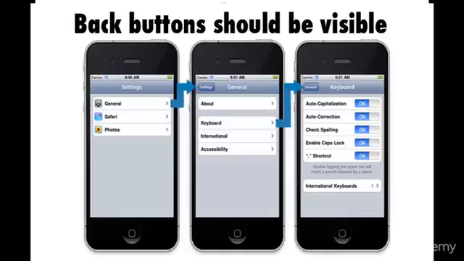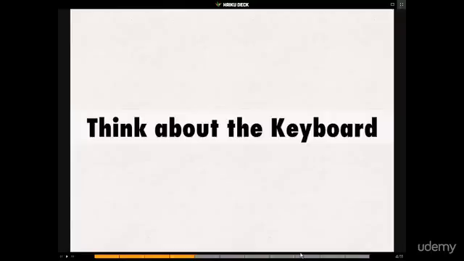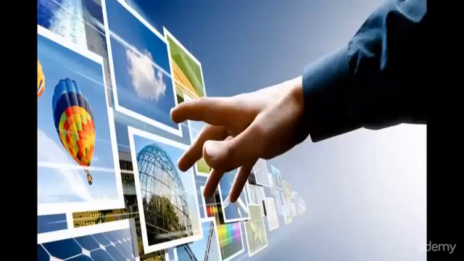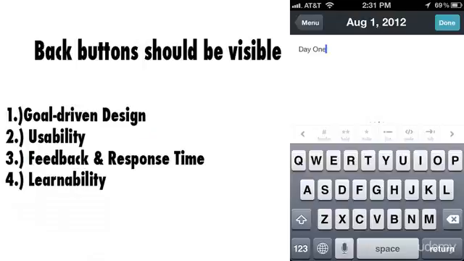Now, we're going to look into the third tip, which is think of the keyboard. Most mobile apps have one or more screens that use keyboard input. Unfortunately, many designers don't think about how the screen would look once the on-screen keyboard is activated. When you do your testing, make sure the user always has enough on-screen context to know what they are doing, even when the on-screen keyboard is